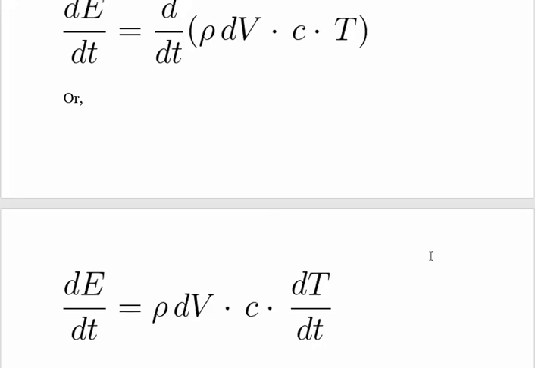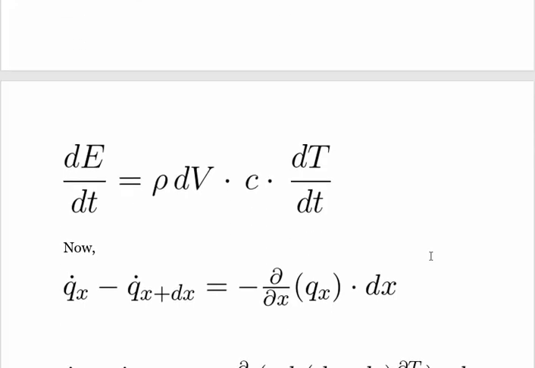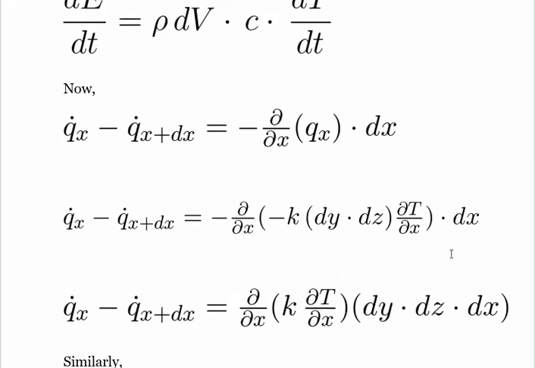That says the mass times the specific heat times the change of temperature is equal to the energy. From that equation we take this reference and put it in the equation, and we will get